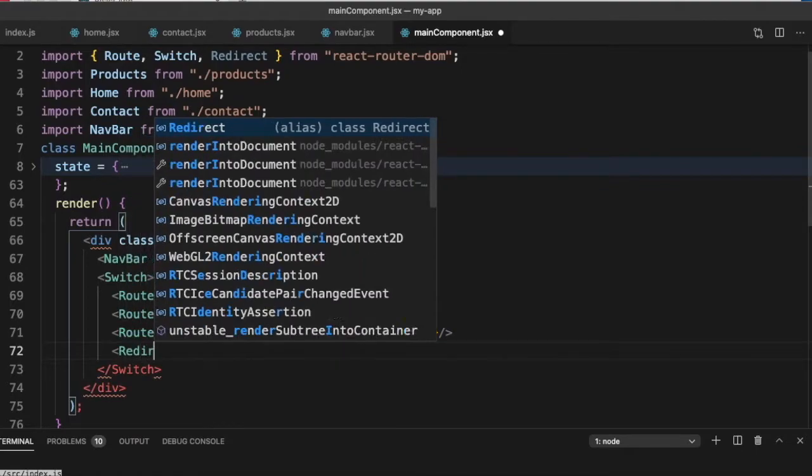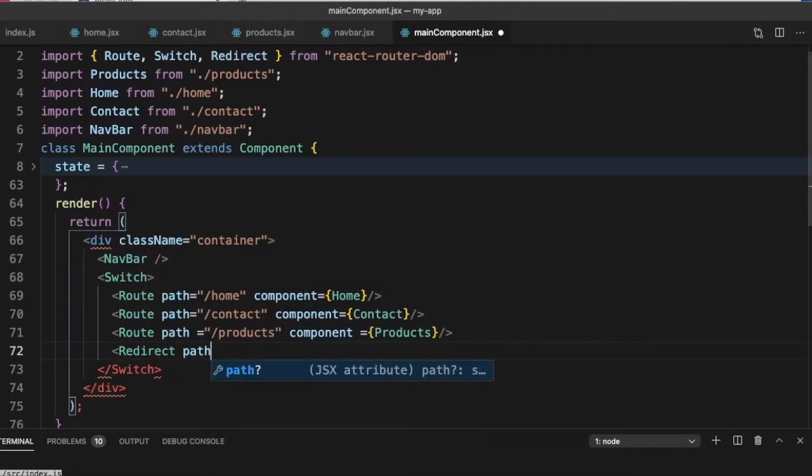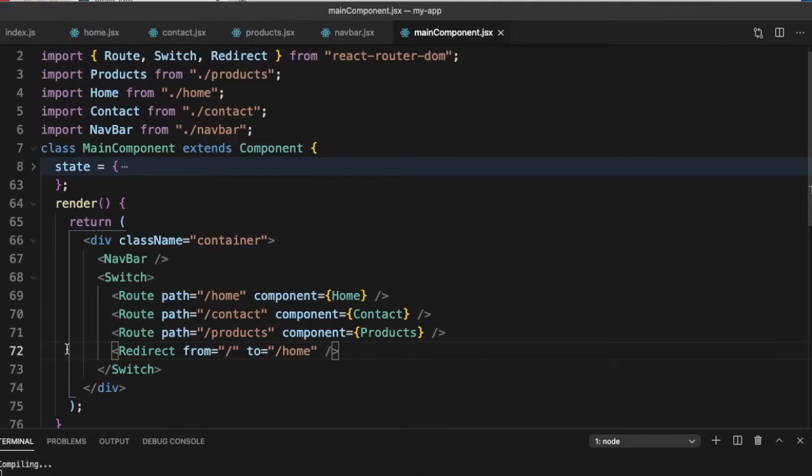So we will just do a Redirect on it. In Redirect, we will not say path, we will say from is equal to slash and to is equal to slash home. So we are putting it at the last.